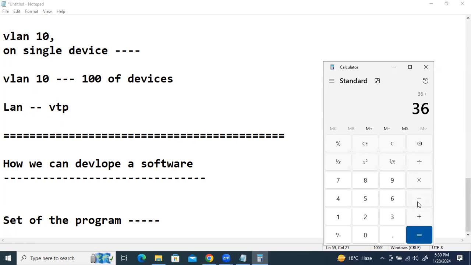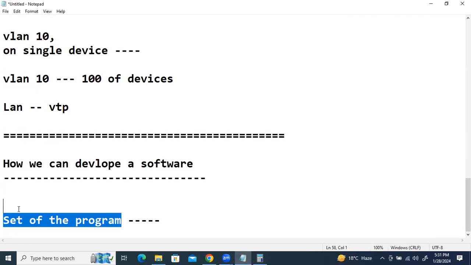For plus, there is a separate operation. That means the action this calculator is performing is after the click, right? Once you are clicking on these buttons, then this calculator is performing the action, right? So on each button, there is a separate program running behind each button, right? So that means to create this application, multiple programs are written by the engineer, right? So what is the application? Application is nothing, application is just a set of the